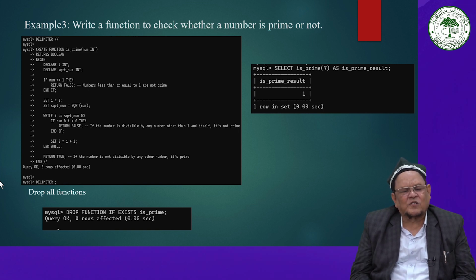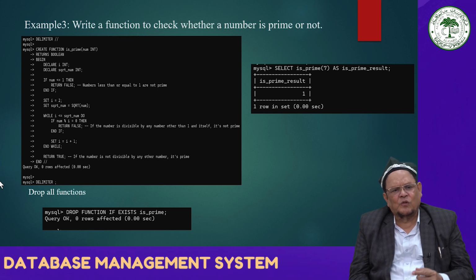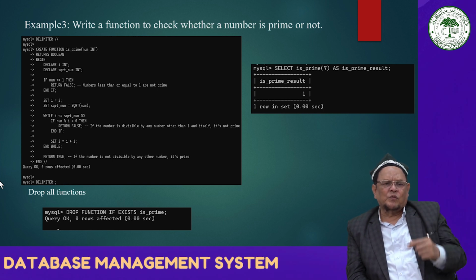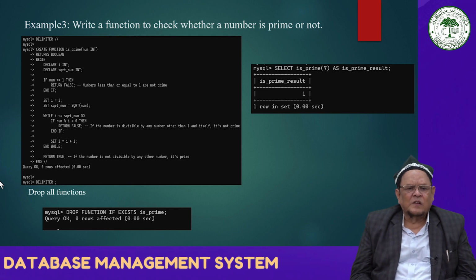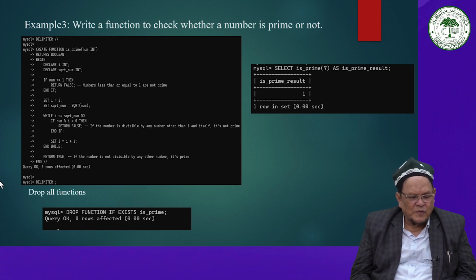Then we set i equal to 2; it starts from 2. Suppose we take the number 25, then the square root is 5. It means the loop will go from 2 to 5, and at each step it will check whether it divides or not. So while i is less than or equal to the square root number,